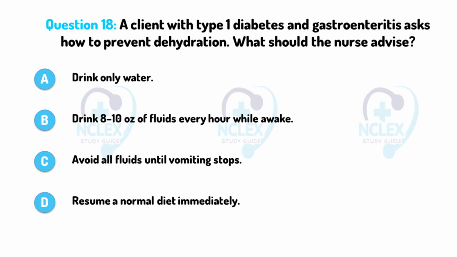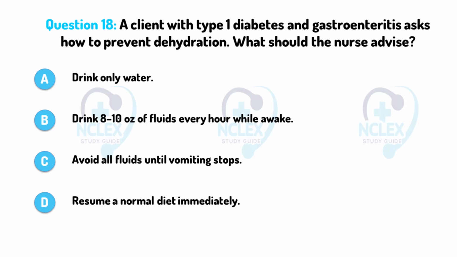The correct answer? B. Drink 8 to 10 ounces of fluids every hour while awake. Explanation. Frequent fluid intake helps prevent dehydration, which is critical for clients with diabetes to avoid complications like diabetic ketoacidosis,